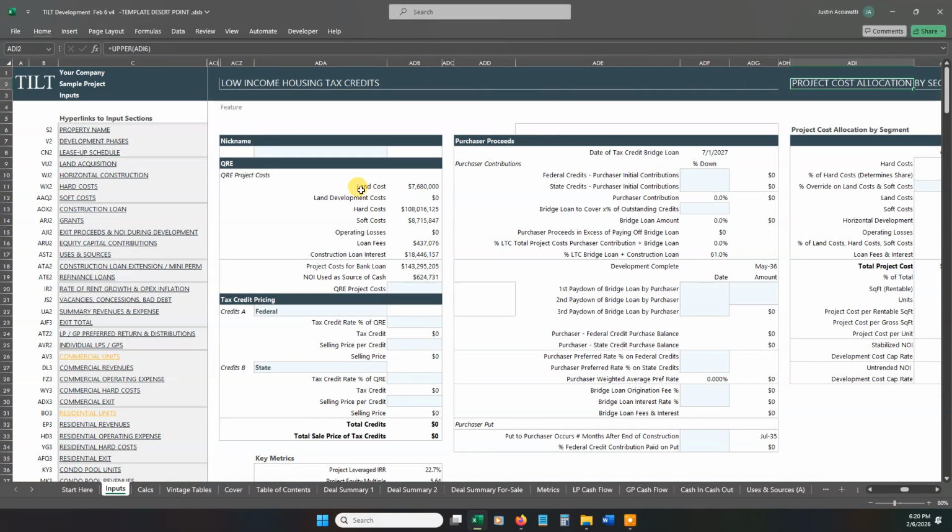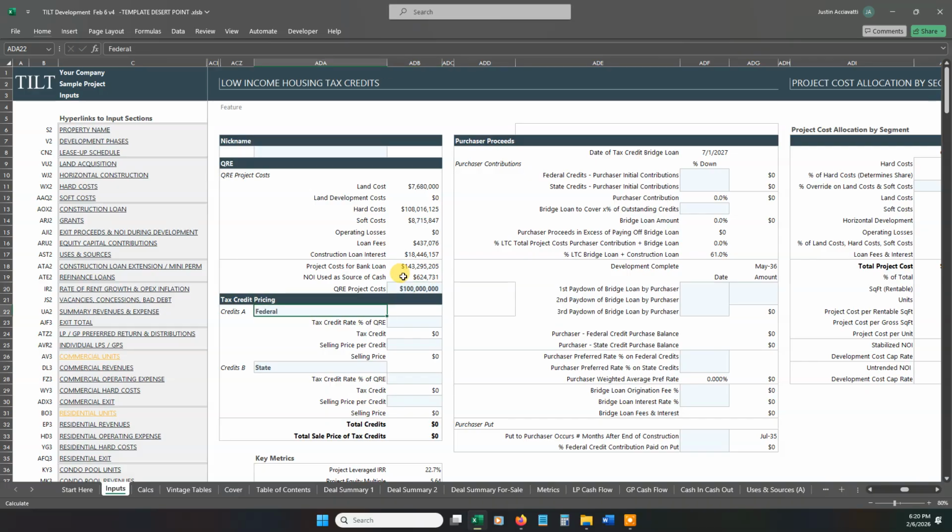brings me to the inputs. I can nickname the low-income housing tax credit anything I like if I prefer, and it will show up everywhere in the model with the nickname. I'm going to leave it the way it was. This project in the model happens to be a very large development, $143 million in project costs. Here's a summary. Let's say, for example, we identify that $100 million of it is eligible for QRE,